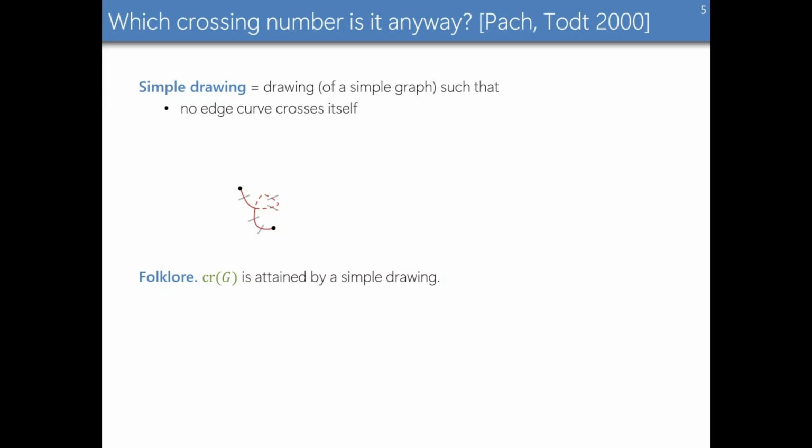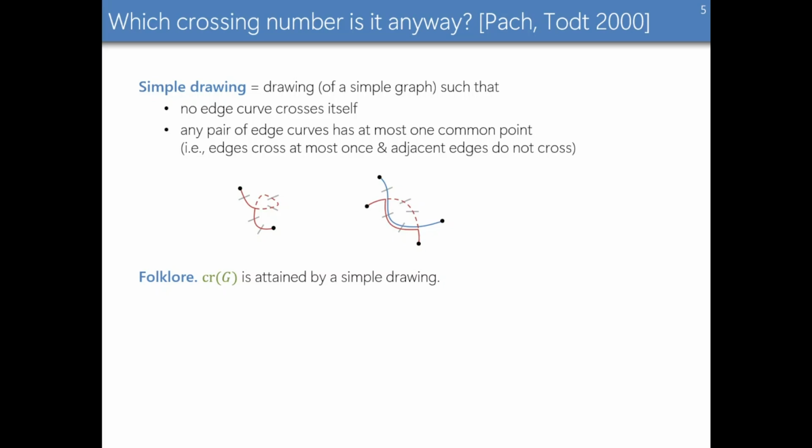So the optimal crossing number will never be attained if you have self-crossings of the edges. Similarly, no pair of edges will have more than one common point. If you have two common interior points like so, you can just reroute the red edge along the blue edge, if along the blue edge you have at most as many crossings as on the red edge, and you get rid of these two crossing points. So you would improve the crossing number, so the optimal crossing number drawing will not have two crossings on an edge